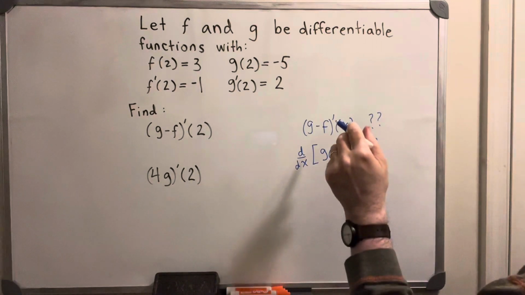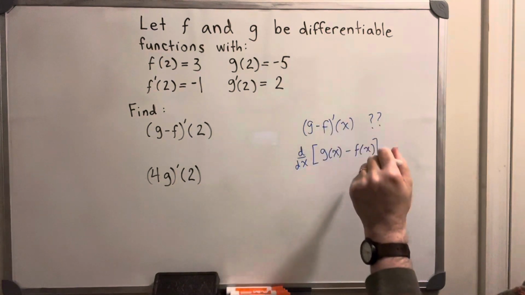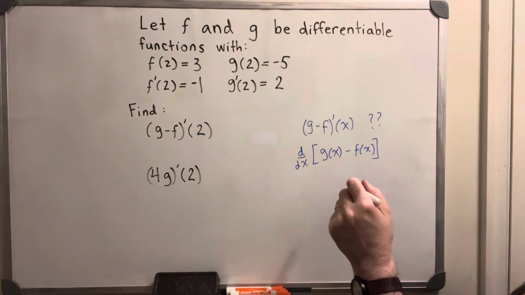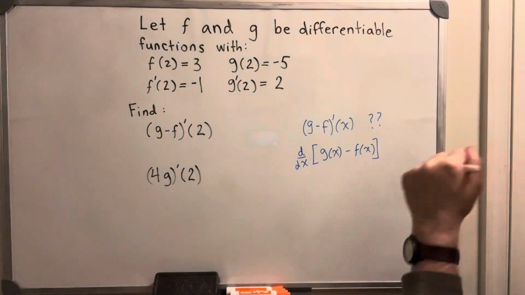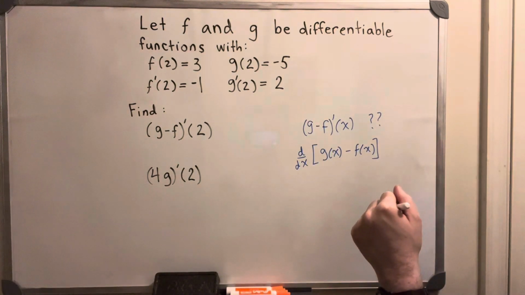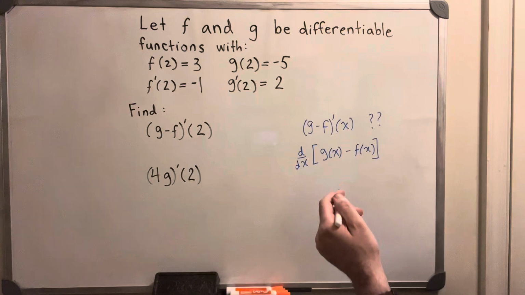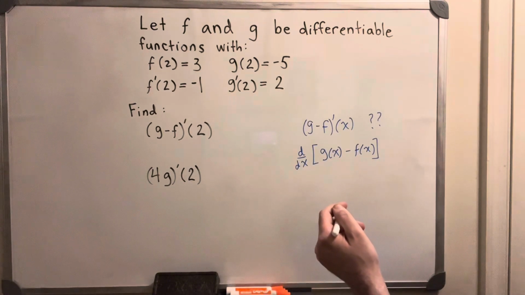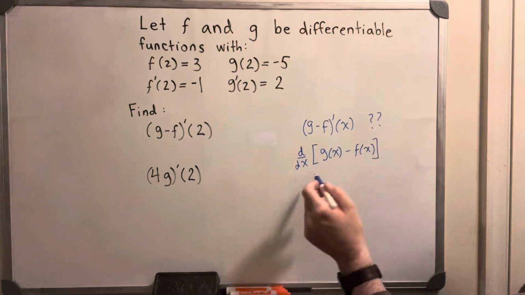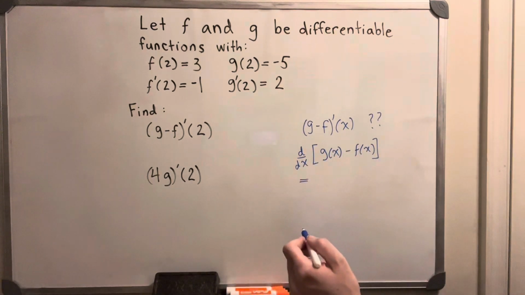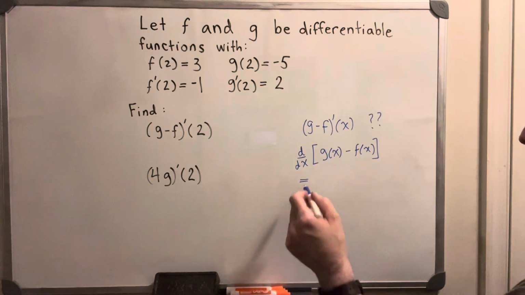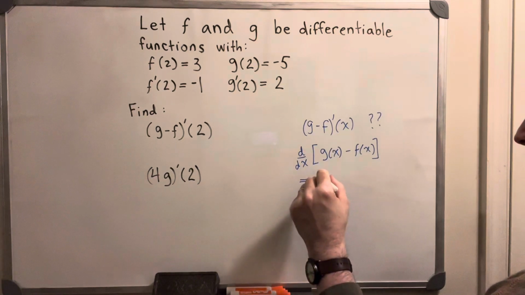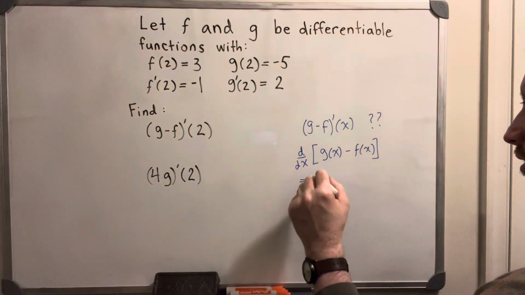It means take the derivative of the difference of the functions. But now we need to recall the rule for additions and sums of derivatives. Do you know how to do this, what this is equivalent to? It's beneficial to look at the proof, but it turns out that the derivative of a difference is the difference of the derivatives. So this is equivalent to,